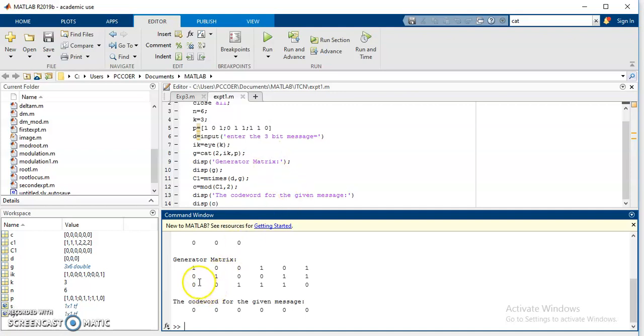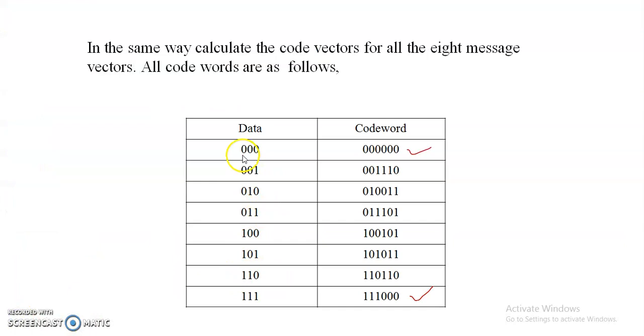See, this is the code word and this is the generator matrix. We have seen the code word for 000. Let us check with 100. For 100, the first 3 bits are the same, that is 100 only, and the last 3 bits are 101. So let us check this example also.